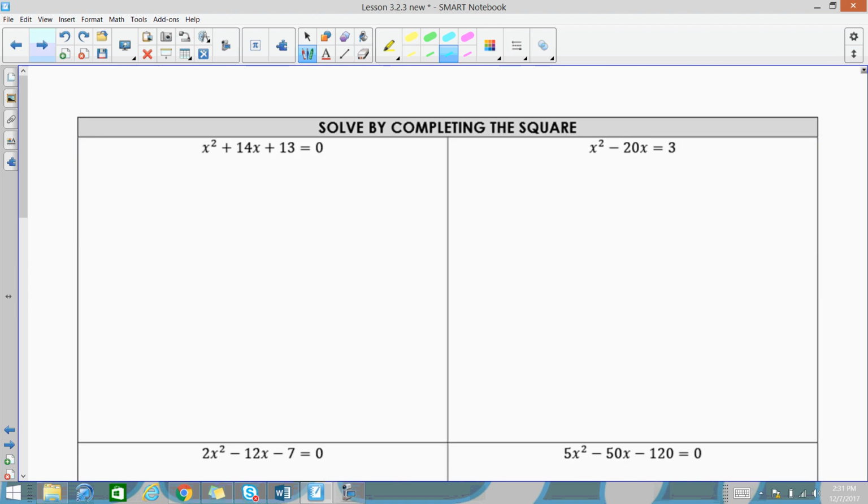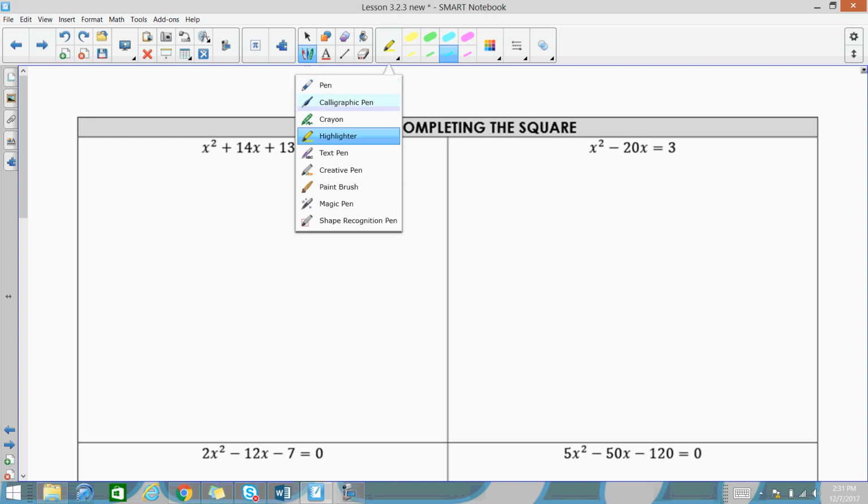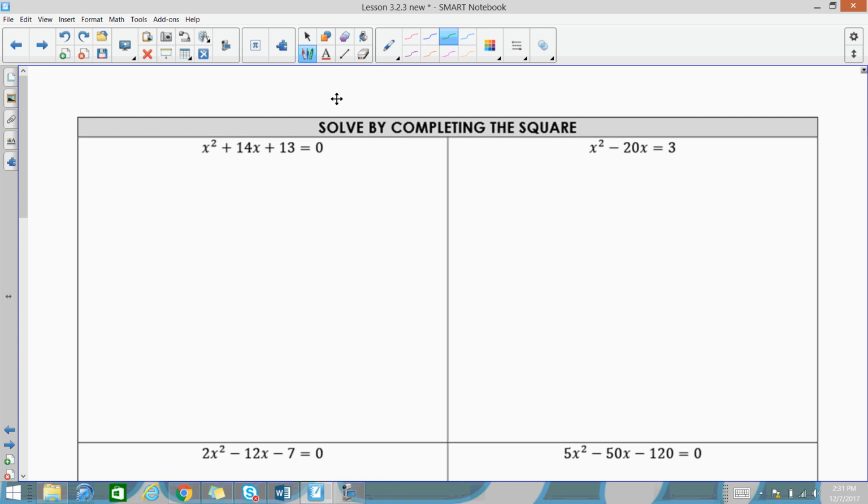All of these I want you to complete the square. Now you're going to be like, oh, some of them I can factor. I could do that. I want you to practice completing the square. Understand this. I want you to practice it just in case you start getting good and you can identify a pattern. Understand today, with day 2 of solving by completing the square, the only time we are ever going to do this is when the b value